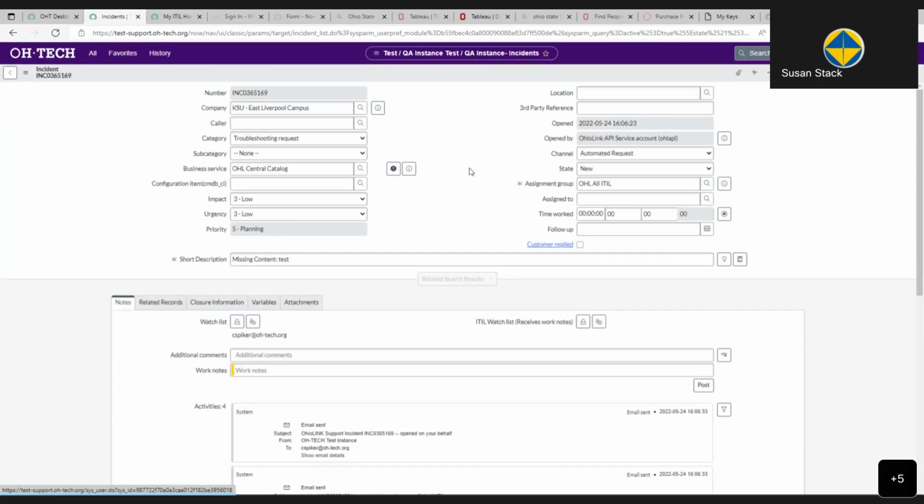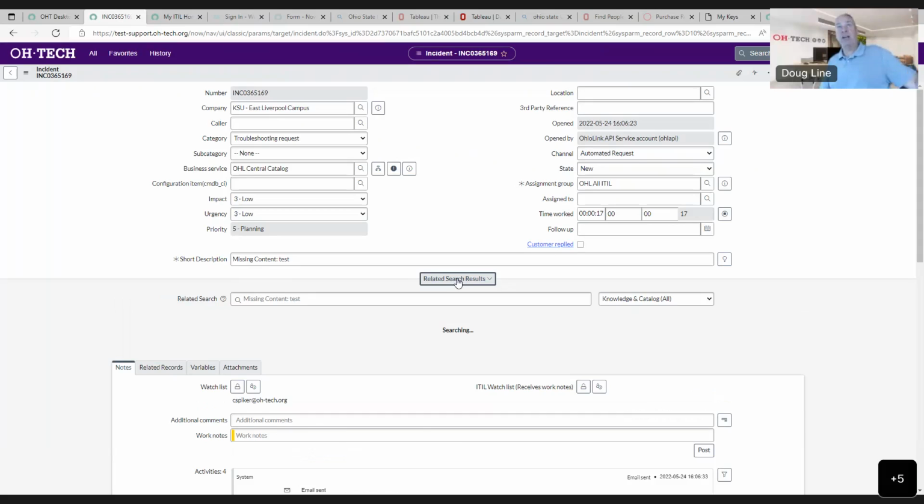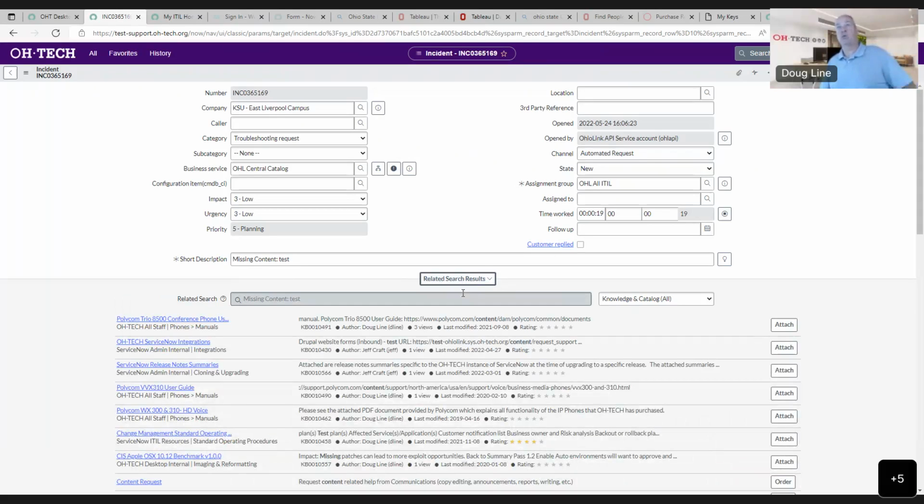Well, sure. Let me, because Jeff has pointed out, he's made a very good point. Let me show you what he's talking about. So here we are, we're in an open incident, right? So if I open this, this is our contextual search, right? So what you can do is you can add